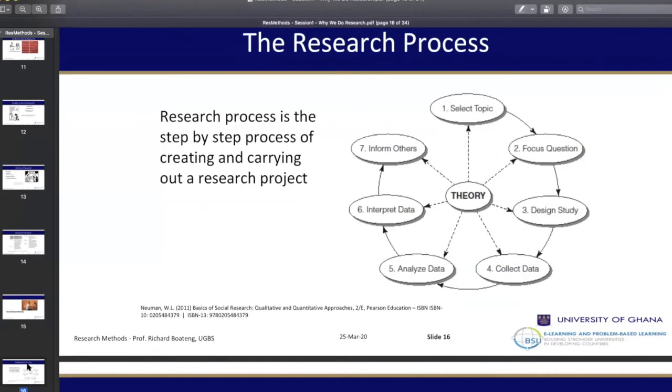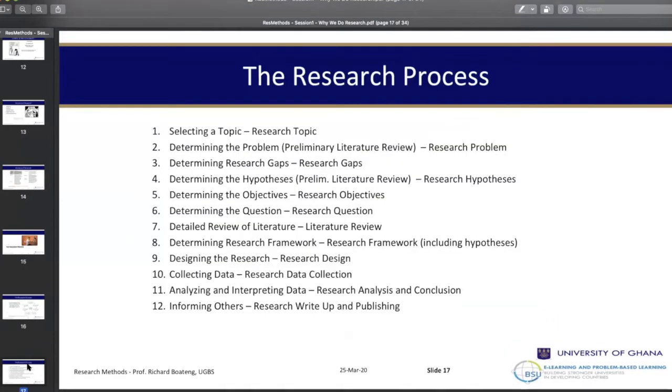What you see is that I can expand it into about 12 steps. Now, all these 12 things you see here, all that you have been doing the last 6 or 7 weeks with Dr. Hinasari is number 11. That's all that you have been doing: how to analyze and interpret quantitative data.